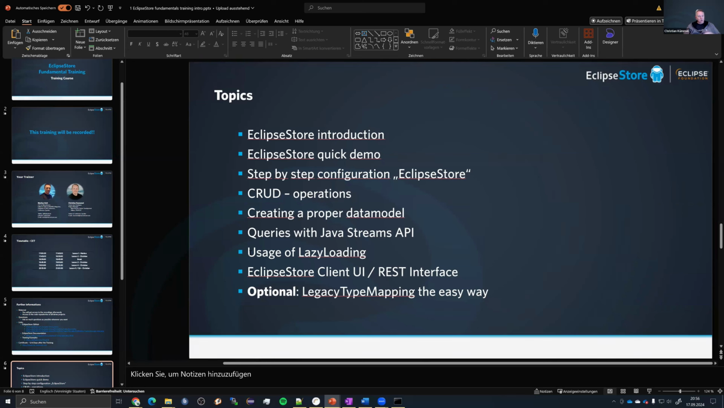Basically, there is a more extended version of lazy loading in the advanced 1 topic. I already told you that we do a little bit of researching on lazy loading, seeing how big the data within the RAM is and so on within the virtual machine. But this is part of the advanced 1 training. We talked about queries and the Java Streams API. And last but not least,